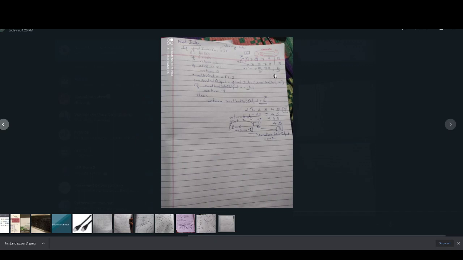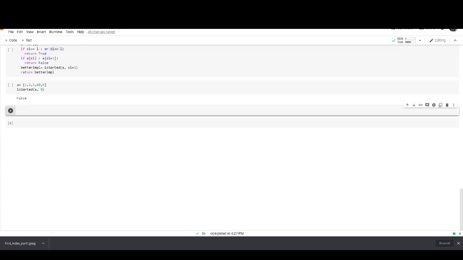Good morning, friends. So today we will talk about the first index of a number, finding the occurrence. I have written a note for this. Let's suppose I'm typing 1, 2, 3, 4, 5, 6, 5. If I want to find the number 5, it will go through the list of all the numbers, and the index of the first occurrence will be given as the output. So 0, 1, 2, 3, 4. 4 will be the output.